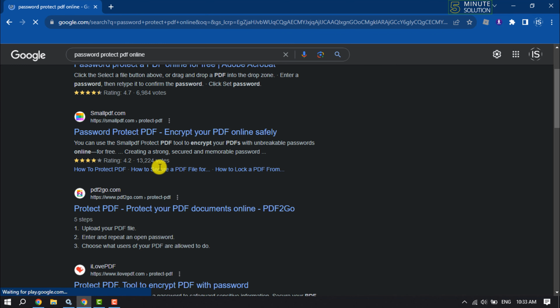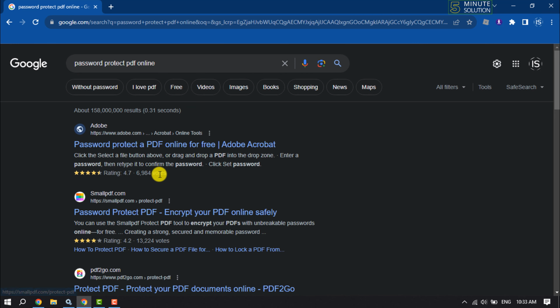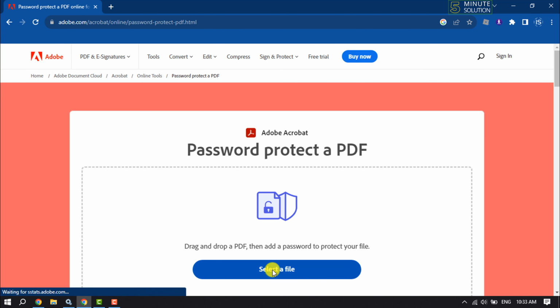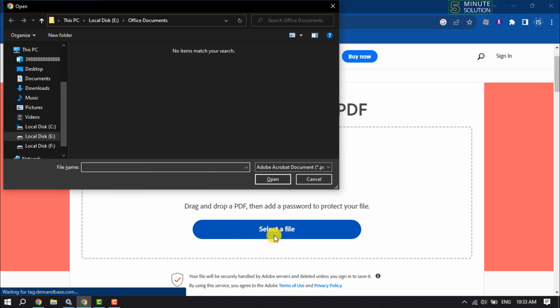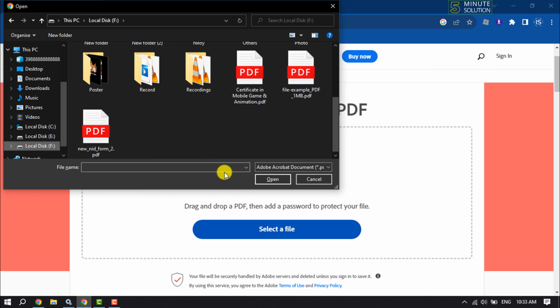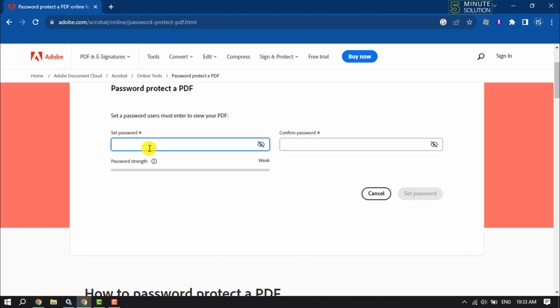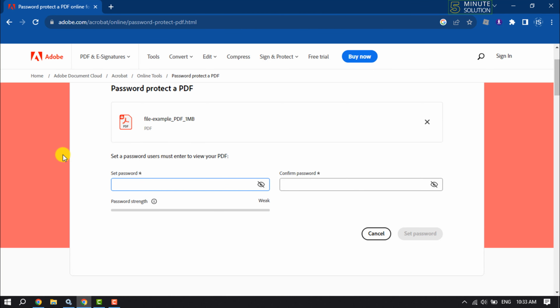and here you will get lots of websites where you can easily protect your PDF file. So right now we will use the Adobe website. So open the first website and now click on select a file. Now all you need to do is select the PDF which you want to lock and upload the PDF file here. Now set a password here,